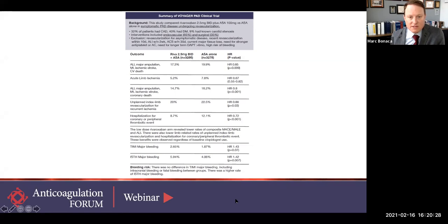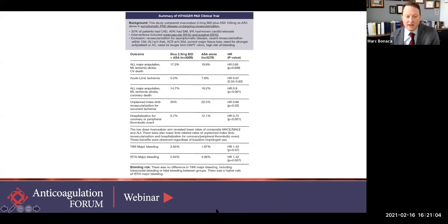And here are the results. You can see that, first of all, if you look at the aspirin alone arm for the primary outcome of major adverse events of the heart, limb, or brain, the event rate was 20%. And this really is an aspirin alone, because about half of these patients and more in the endo arm all got clopidogrel as well. It was still 1 in 5, in spite of best medical therapy, had an irreversible harm event of at least one. And you can see that there was a significant reduction with rivaroxaban here, with a number needed to treat of around 39. And you can see the consistency for all of the different endpoints here laid out on the slide.